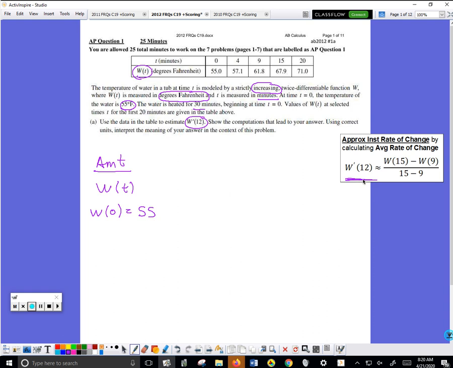So we're right here. So this means instantaneous rate at which the water temperature is changing. We approximate that by just looking how the water temperature is changing near time equal 12. And so the water temperature at time 15 is up here, 67.9. So we write on our paper W prime at time 12. It's approximately